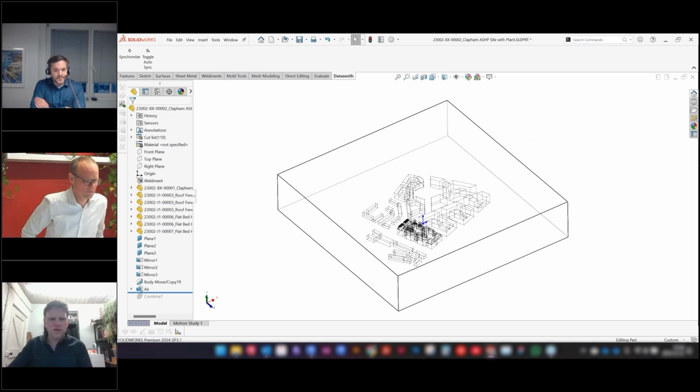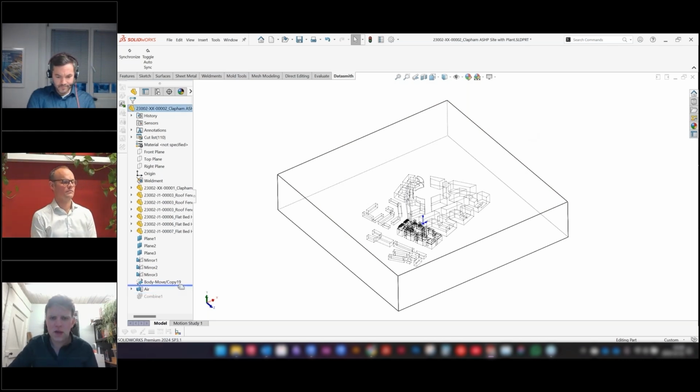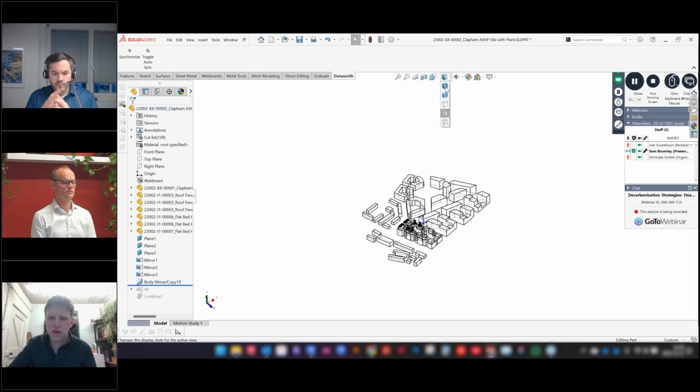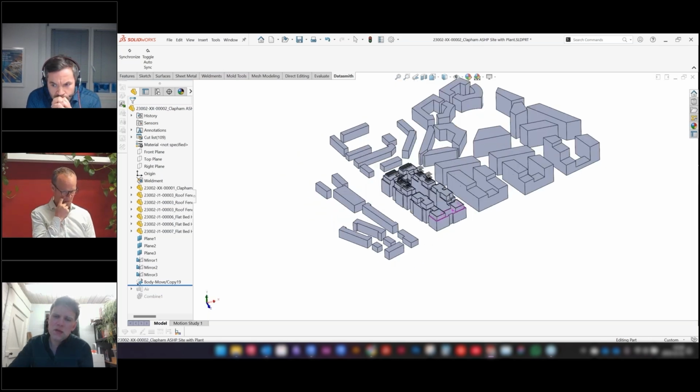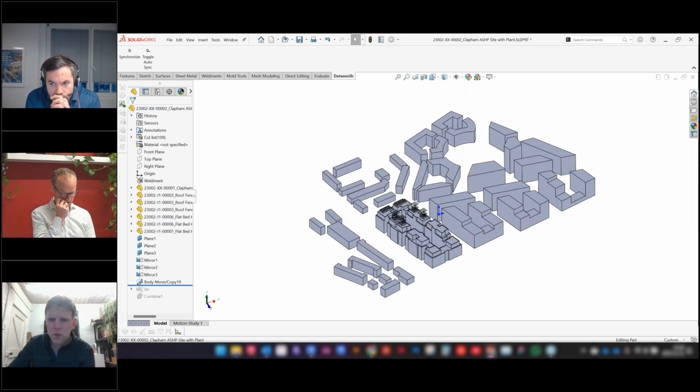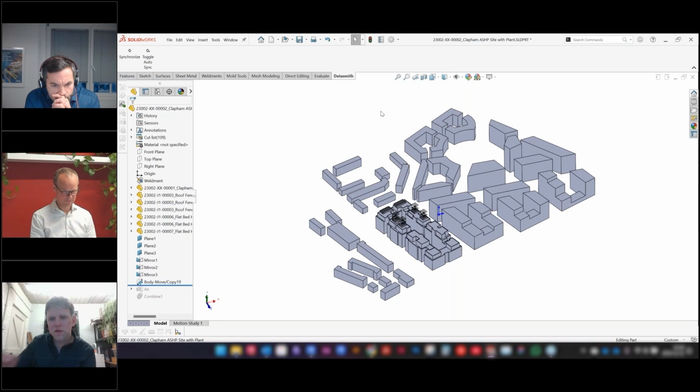So first and foremost, we're looking at simplifying geometry. As you can see here, this is representative of the Clapham project that Joel was referring to. What we've got is a very low level of detail of the surrounding built environment, and then a higher level of detail of the building in question, which is what we can see here. Now you can see we've got parapets, we've got terraces, we've got all the ins and outs and the wells of this building. That's critical for us because it's where the detail lies, and the devil's in the detail for us when it comes to the simulations.